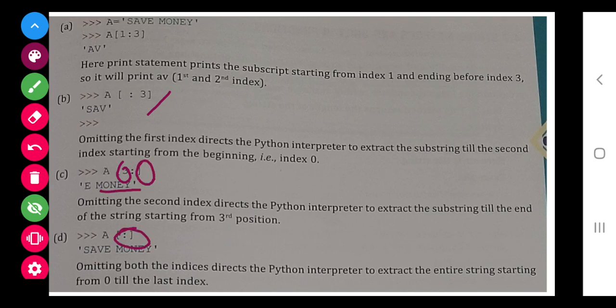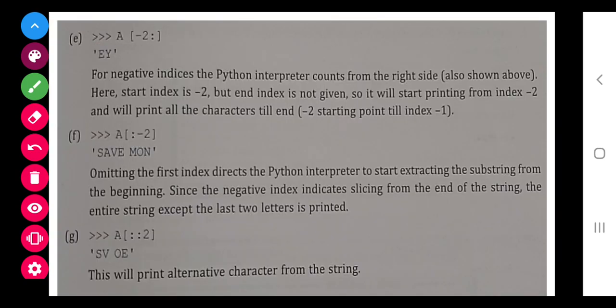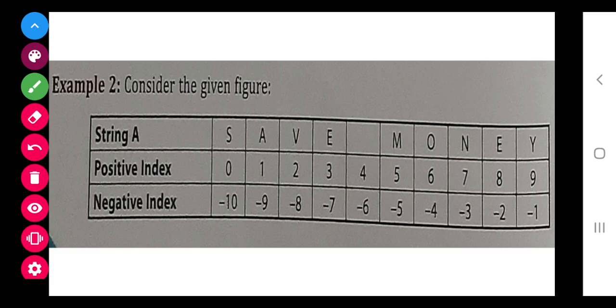If we give nothing, neither a starting nor the ending one, then the whole string you will get. So this is the thing, class, all you perform practically. Now -2 to the end. So from -2, where is the -2? Here is the -2, till last.